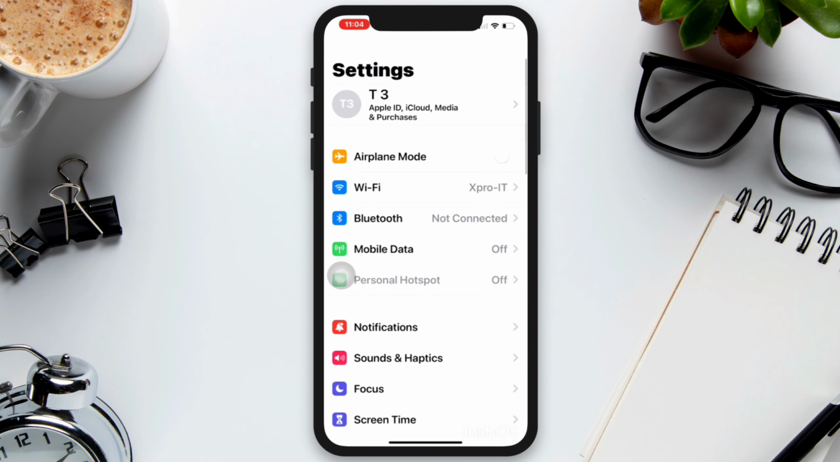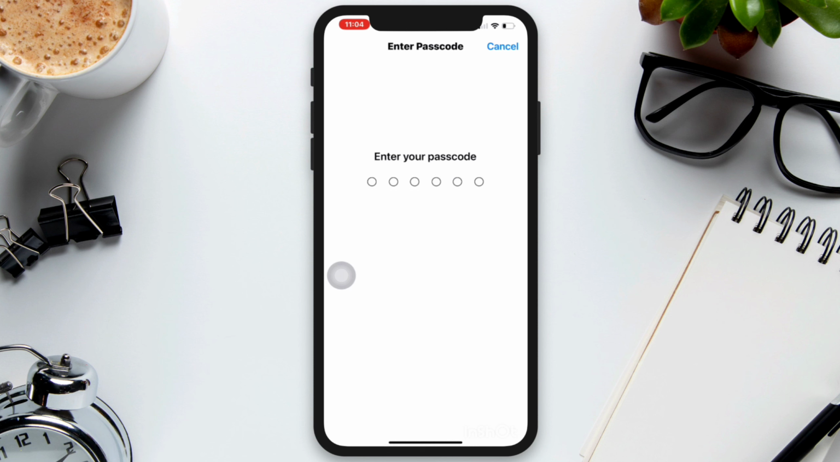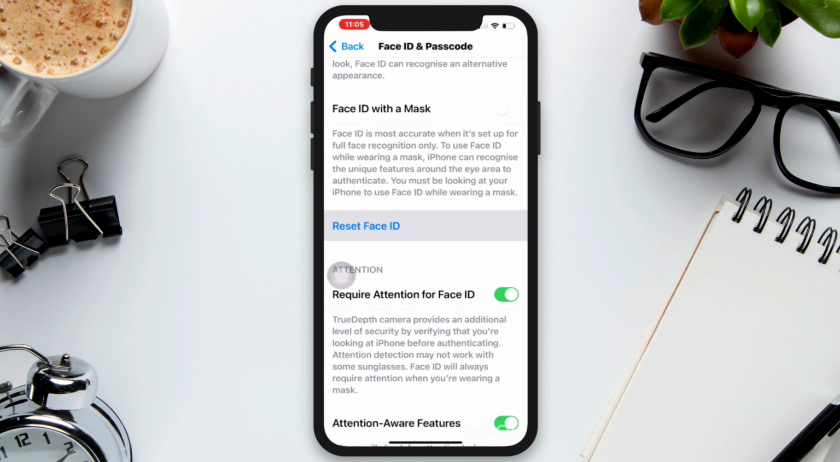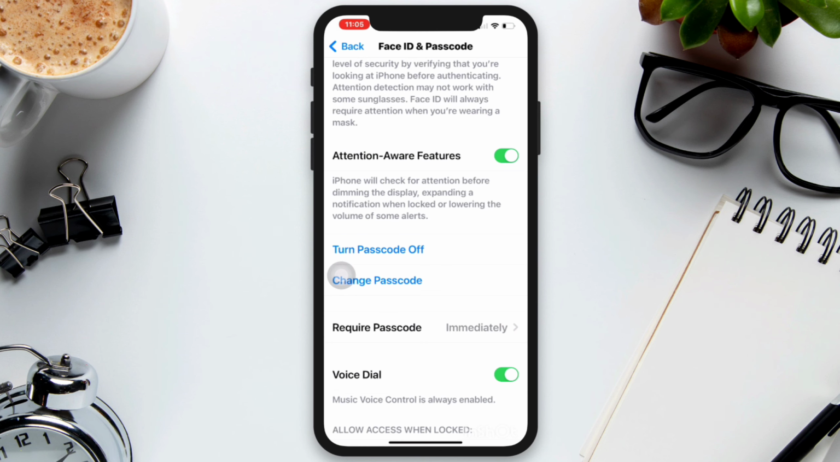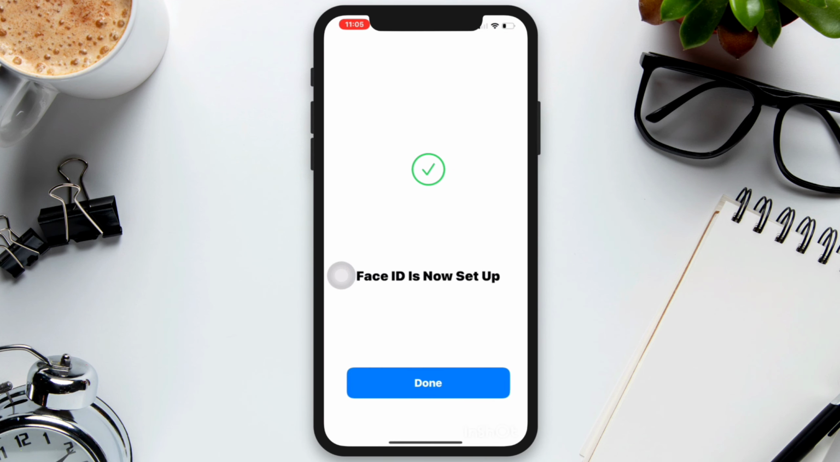Open Settings, scroll down, tap Face ID and Passcode. Enter your passcode. Now reset your Face ID or Touch ID. If you already set this up, scroll down. Tap Reset Face ID. After setting up your Face ID and Touch ID again, now you need to go back